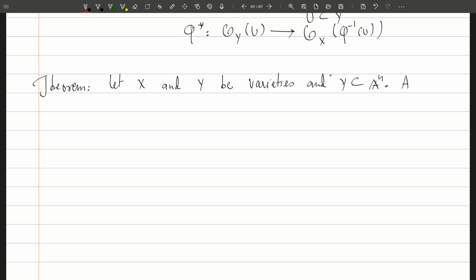Then a map phi from the variety x to y is a morphism if and only if there exist regular functions,